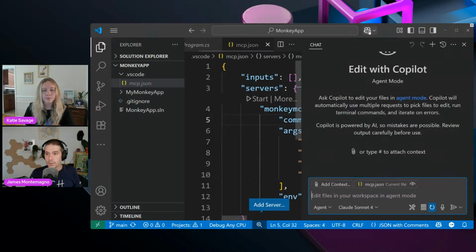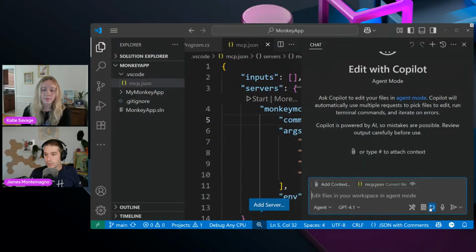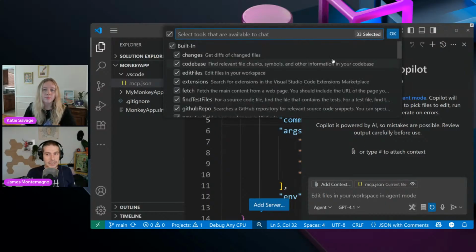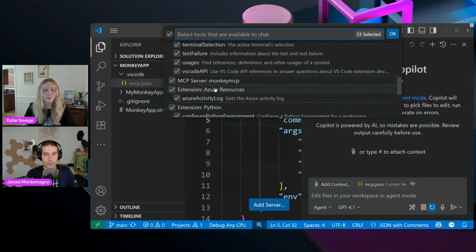So if I pull up the chat over here, and I'm in agent mode, I have all my different standard models here. We'll see there's a little refresh, that there's a tool available. And what are tools? Well, there's a tool button, and tools are things that, for all intents and purposes, the LLM can call into. There's actually a bunch of built-in ones, like editing files, fetching files, and running terminal commands.